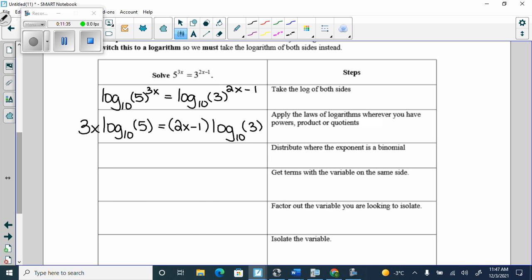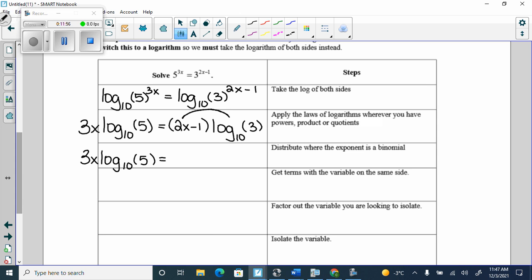Like I said, the base 10 isn't a necessity, but people will drop the 3 and the 5 into the base when I didn't make them do this. So I had to figure out a way to get them to stop doing that. So I drop my exponent in front because of the power rule. Then what do I do? Distribute. So I'm going to get 3x log base 10 of 5